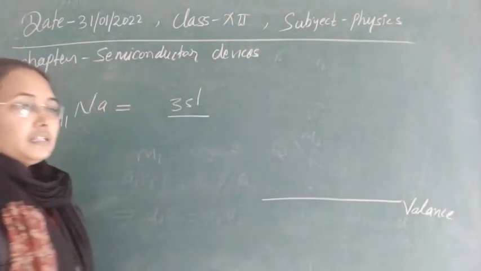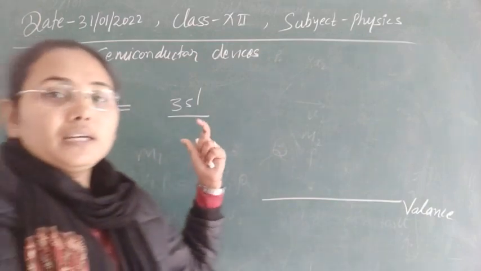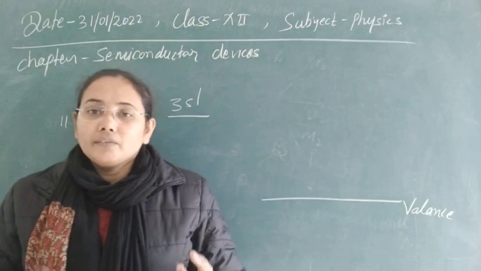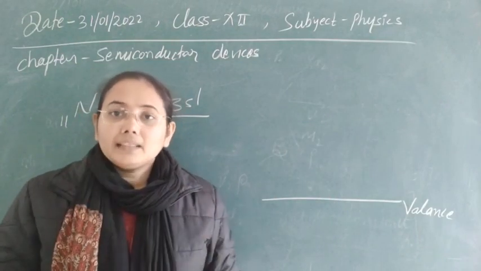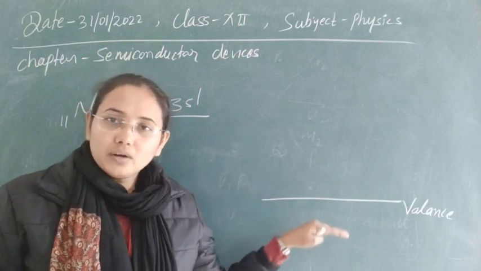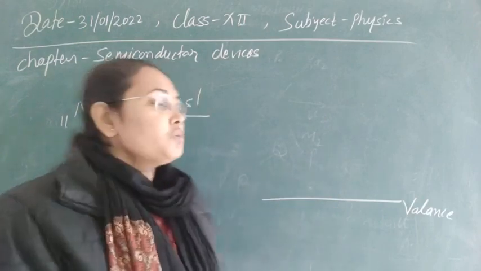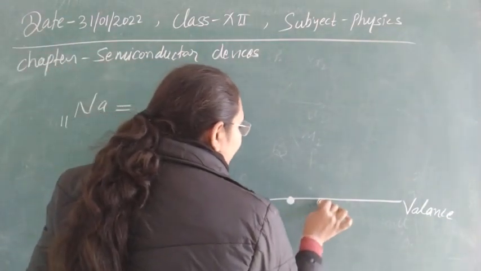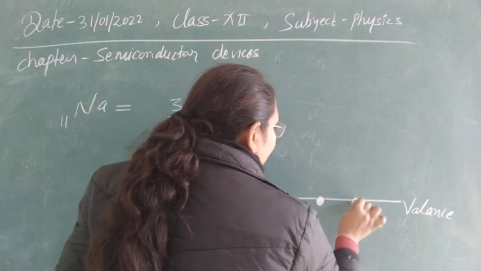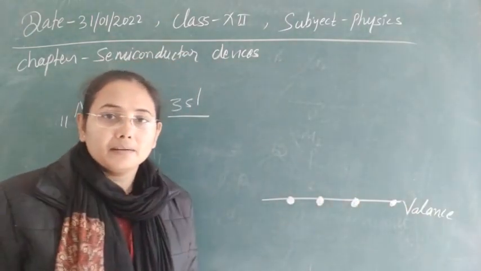This valence state has varying energy. For n equal to 3, we have the S, P and D states. If we combine all these energies, we get a range of energy, and that is called the band structure. So normally the electron has a tendency to lie in its valence shell, which is also known by the name valence band.